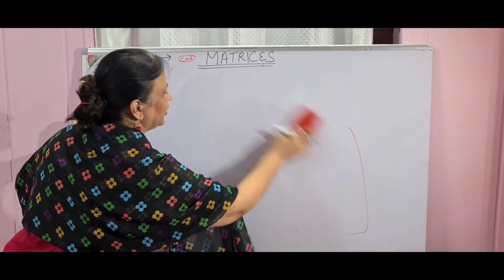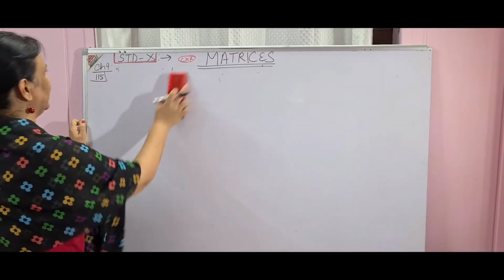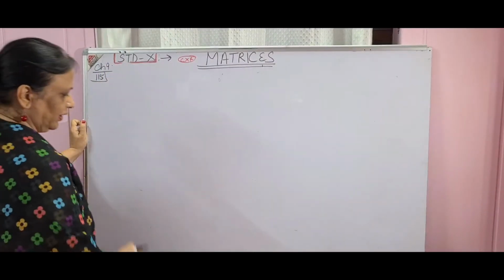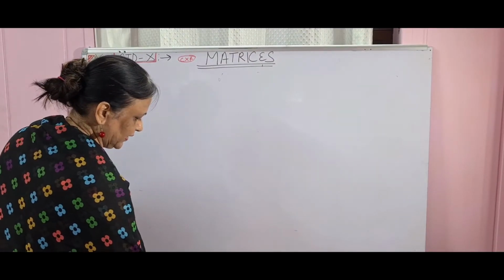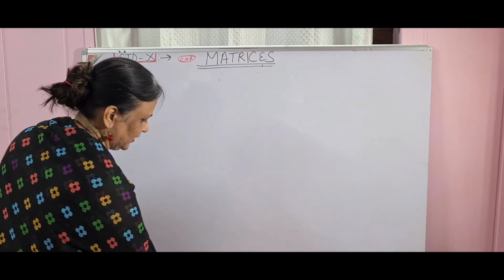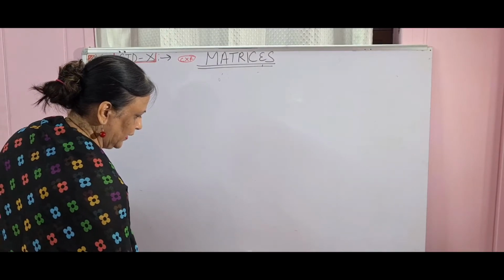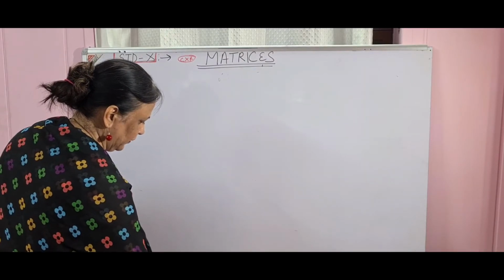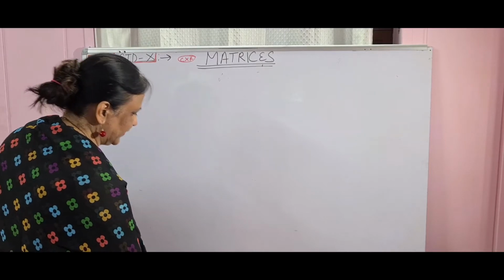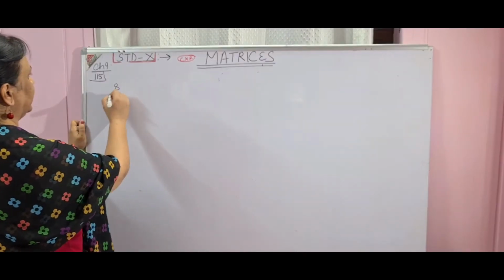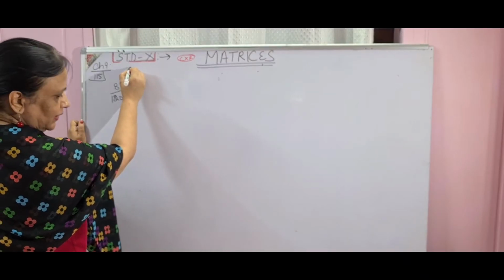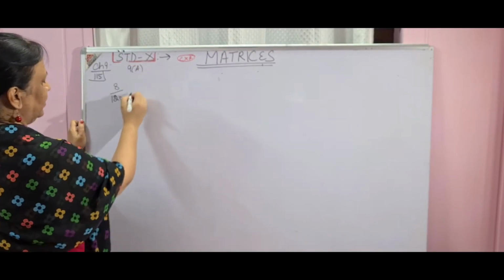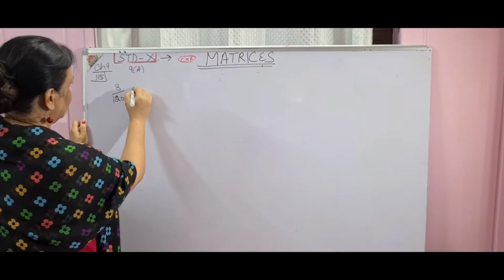question, but before that I would love to do one question with you so that you are very comfortable with them. For example, page 120, exercise 9A, the first exercise. I am doing the 8th sum. I'll give you the hint. One sum that will make it easy for you.